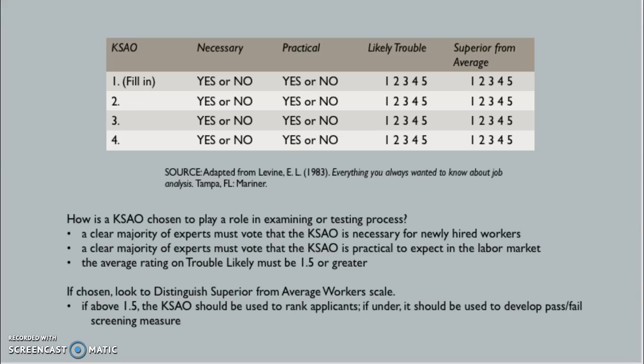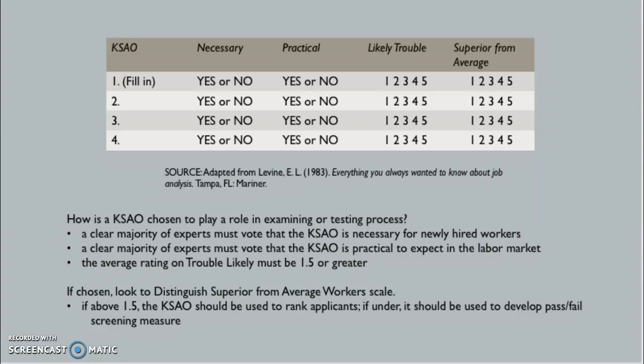Again, the main purpose of CJAM is personnel selection and training. Brannick et al. note KSAOs are the more useful of the two for these purposes. In selection, each KSAO must meet 3 criteria. A clear majority of experts must have voted that a KSAO is necessary for newly hired workers. A clear majority must have voted that it is practical to expect it in the labor market. And lastly, the average rating of trouble likely, if this KSAO is ignored in selection, must have an average rating